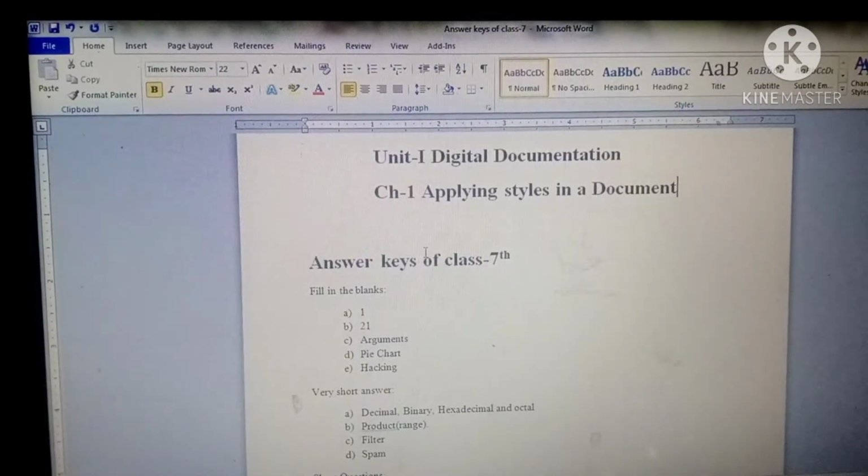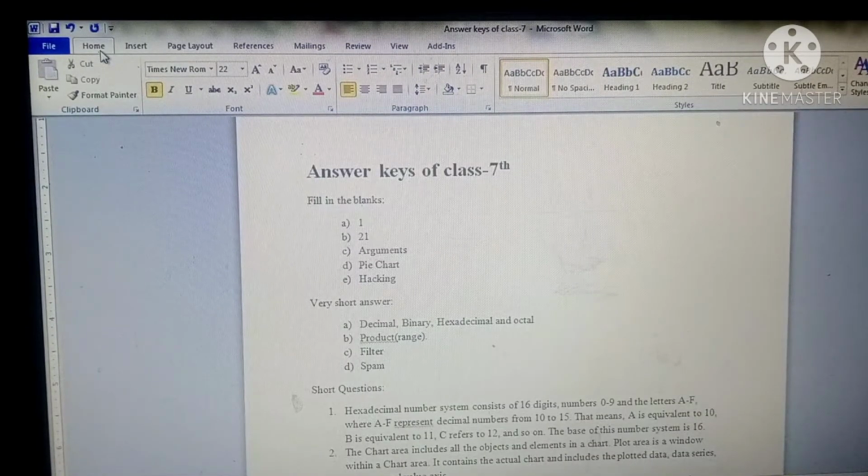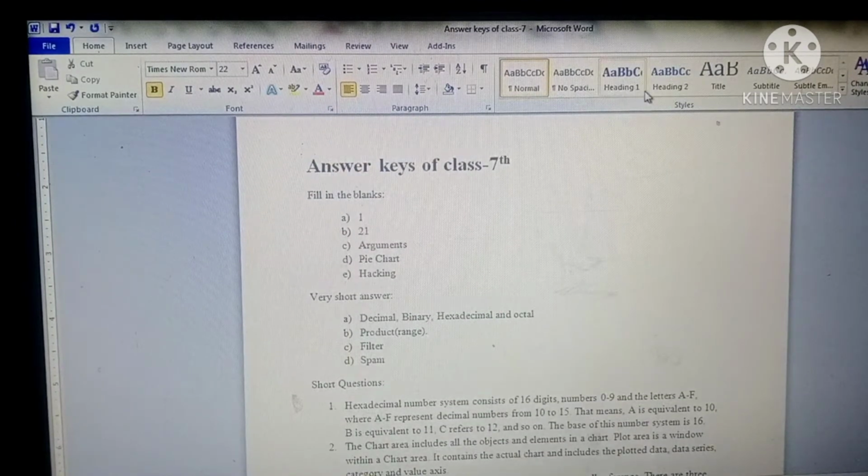For example, we have taken this document and we have to apply the style in this. For applying the styles, you have to click on this Home tab. When you click on the Home tab, in the ribbon you can see there are various groups. In the Styles group you have to go, and there you can see various styles.